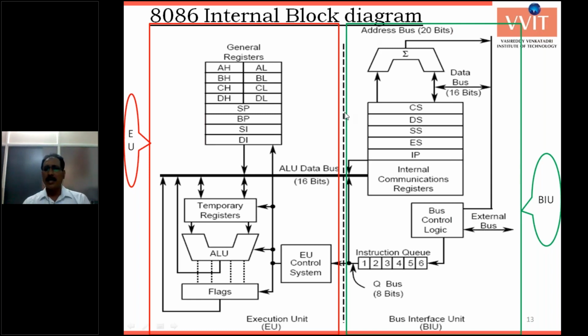Now, the main functions of the bus interfacing unit: fetching and write back of the statement are processed by the bus interfacing unit. The second functional unit is the execute unit. The execute unit decodes the statement fetched by the bus interfacing unit, executes it, and the result is written back and submitted to the bus interfacing unit.